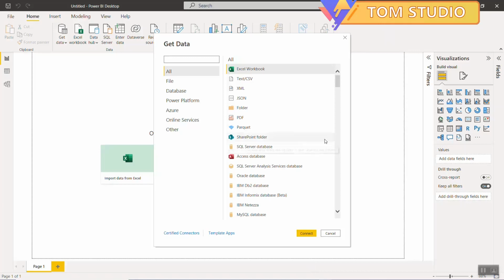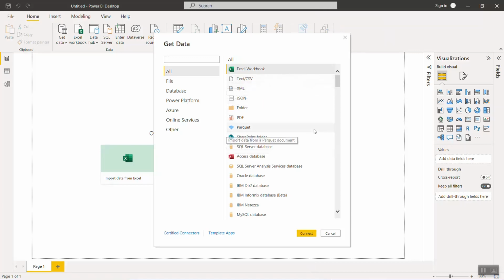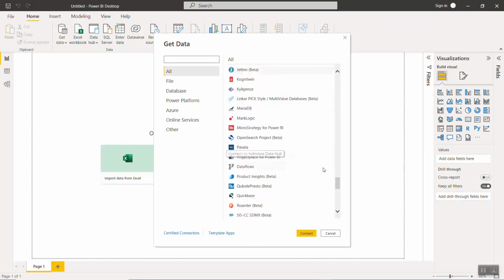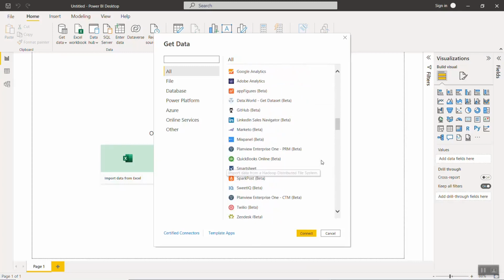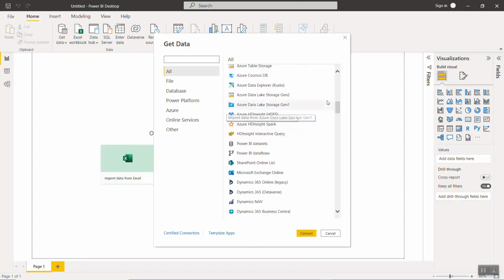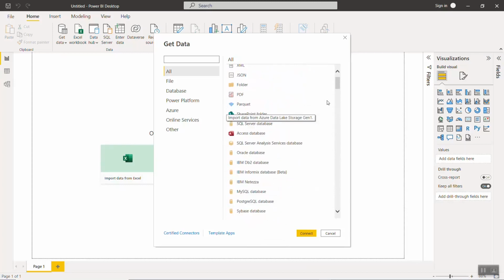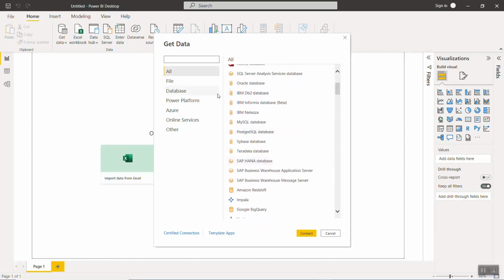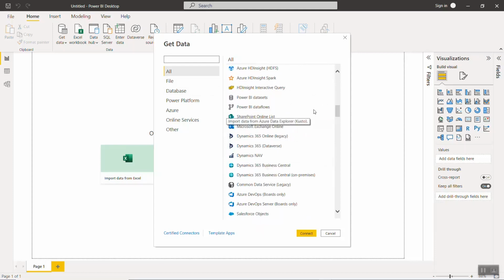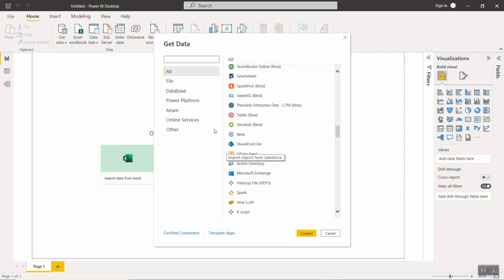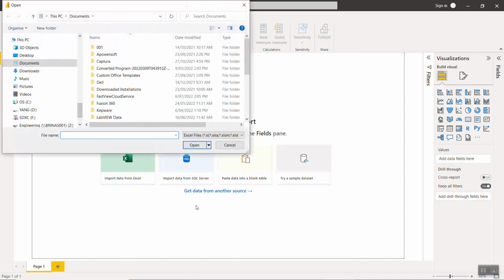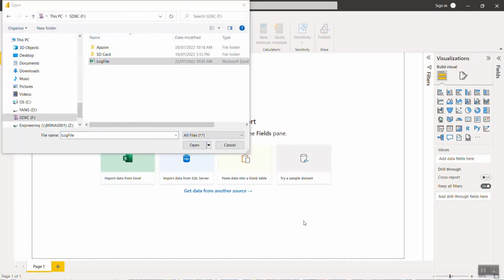So this is Microsoft Power BI. It's definitely a very powerful product. You can almost import everything into Power BI. They support all of the databases and even the cloud, whatever. But for our example, we just use the Excel file, so we can choose to get the data from the Excel file. Like this one,